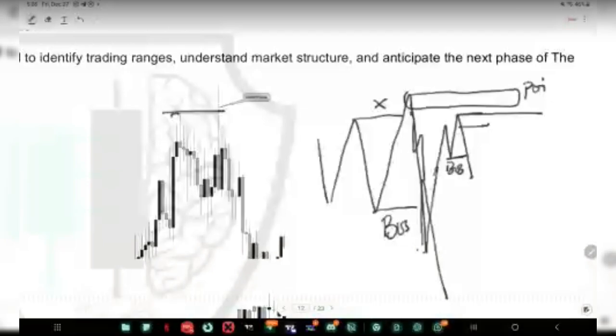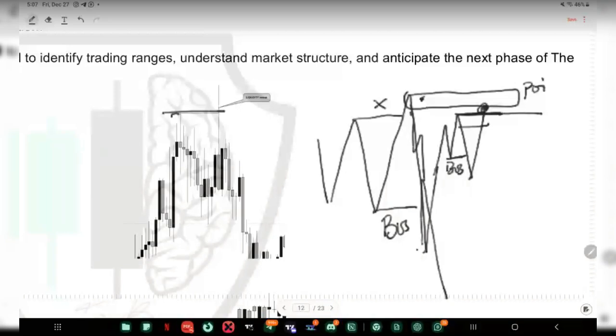All you need to do is, after price has taken this high, without tapping to this point of interest, you can scale down to the lower time frame and look for whatever type of entry model you use, and then you can target this low. It's as simple as that. It does not even really need to tap into this. It is not even important.